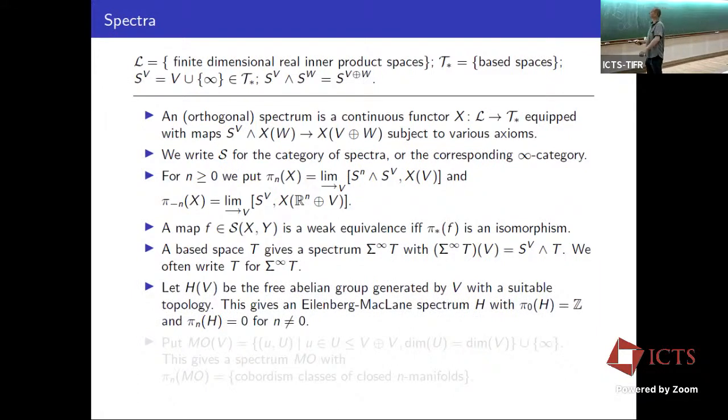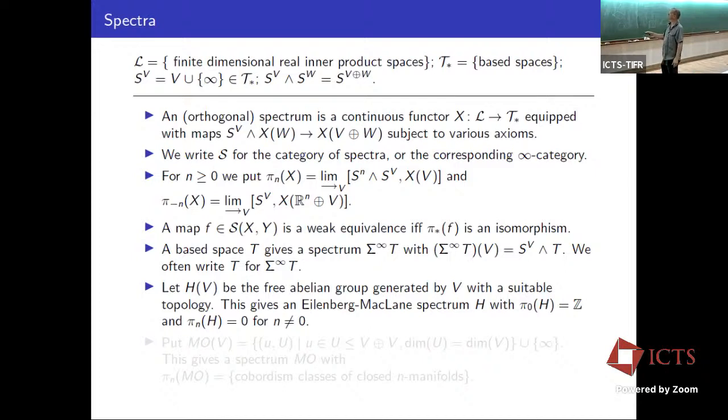Another one that we can just write down in a nice way: you just take your vector space V, and take the free abelian group generated by it. It's really not very obvious what's the right topology to put on that set, but I'm not going to go into that. But there is a natural topology to put on this HV,